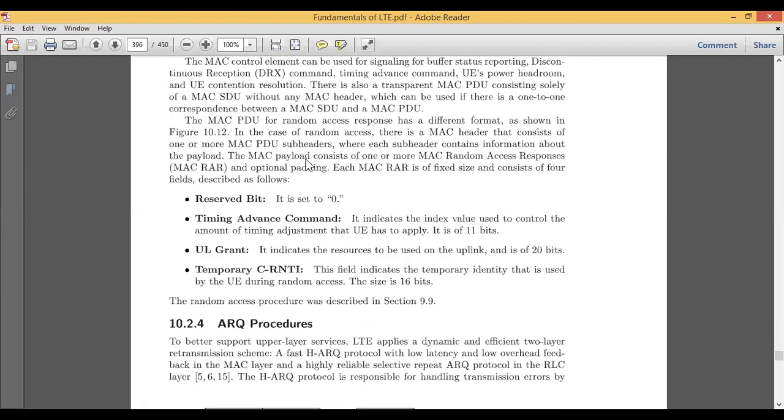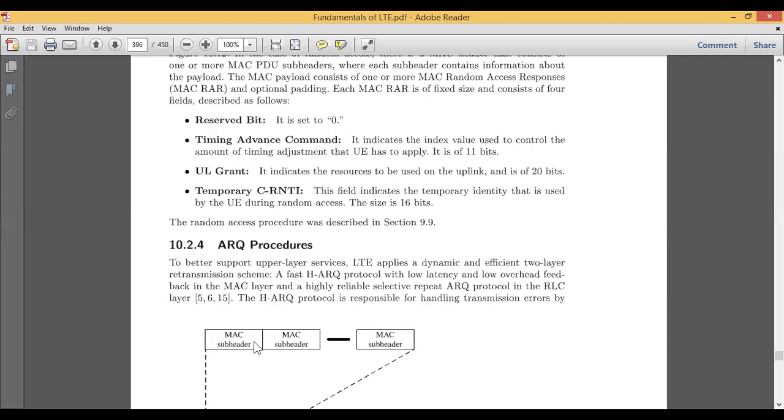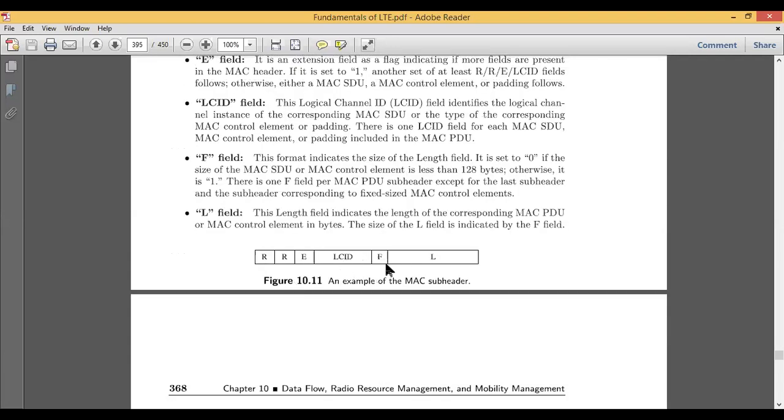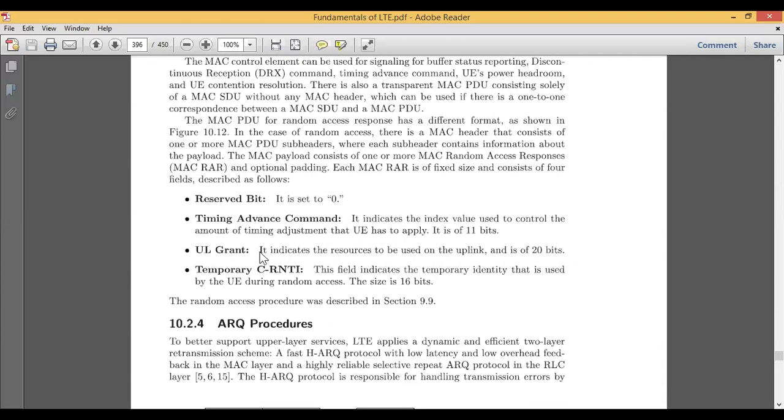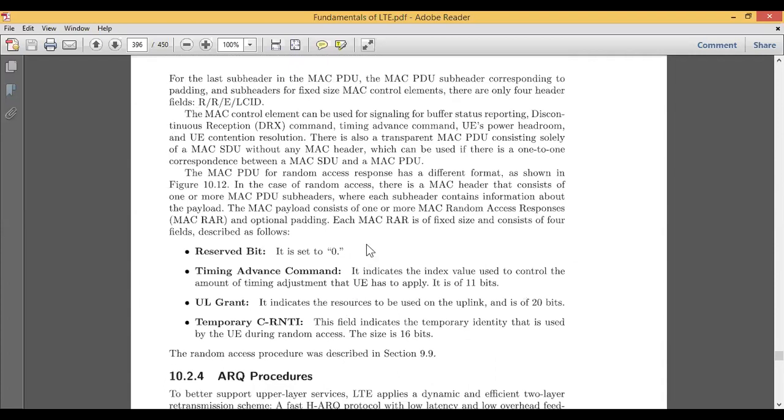Okay, here the header is almost equal to the earlier header, with the same length; the format in figure 10.11 is the same as used in this one, 10.12.